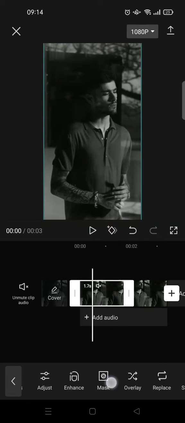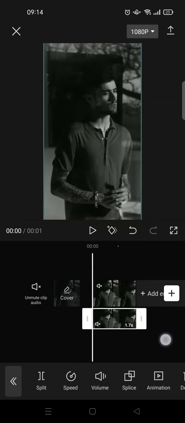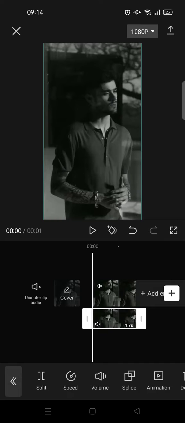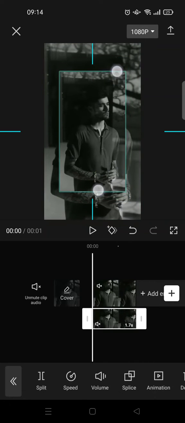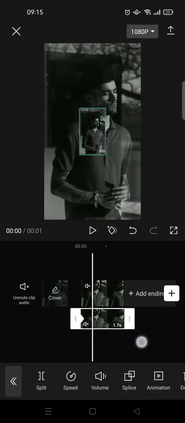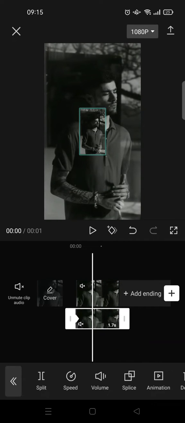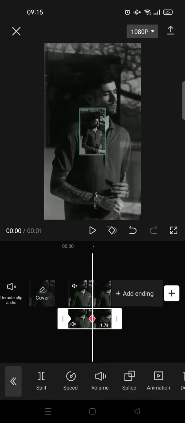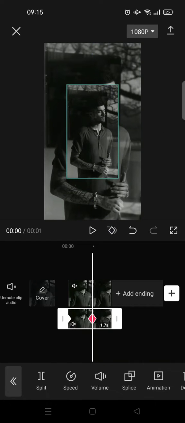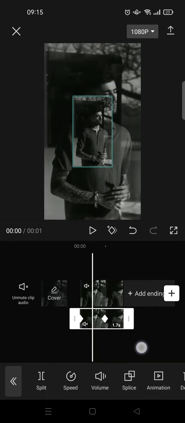and then click on overlay like this, so that the first video becomes an overlay, and then click on the overlay video and make it smaller like this, and add a keyframe at the beginning, and then move forward and add another keyframe and make the video a little bigger like this, and then go in between the keyframes